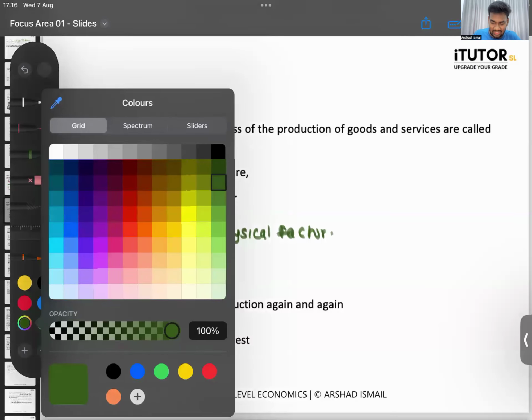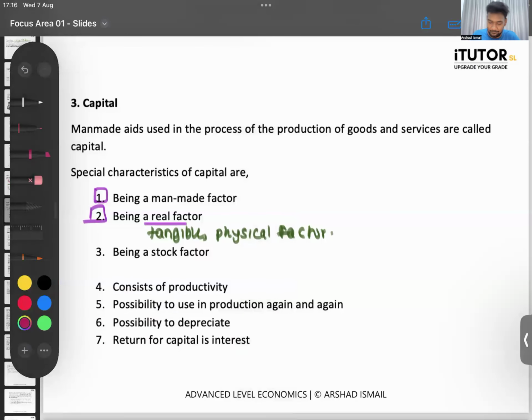That part, the labor market, not important side. Then we also say it's a stock factor. What does that mean? We say capital is a stock factor. What does a stock concept mean now? Remember, I told you all stock factors and flow factors. I taught you all in the theory class. I'm not going into that detail now. But what does stock factor mean now? Stock factor means it can be measured